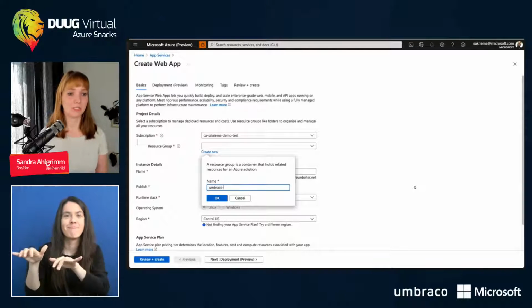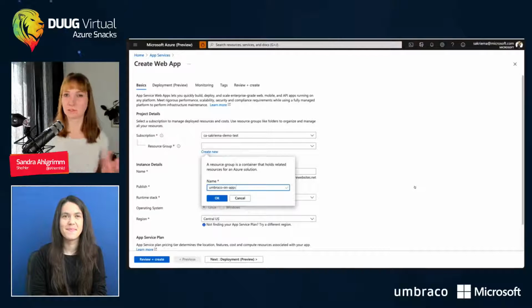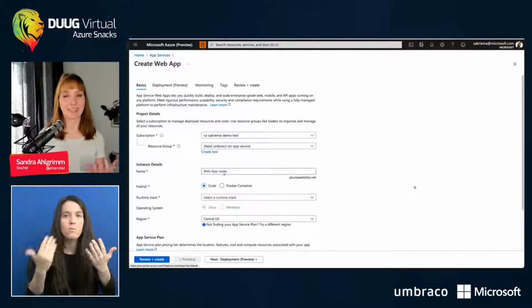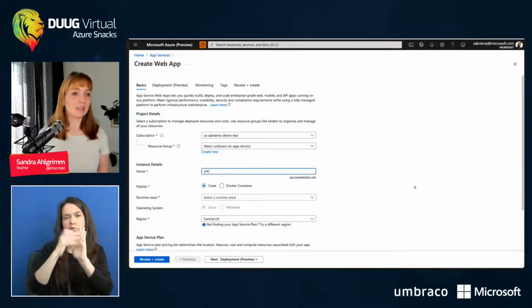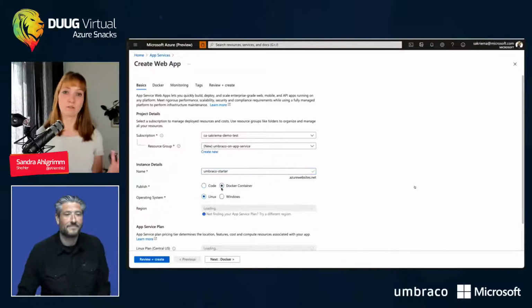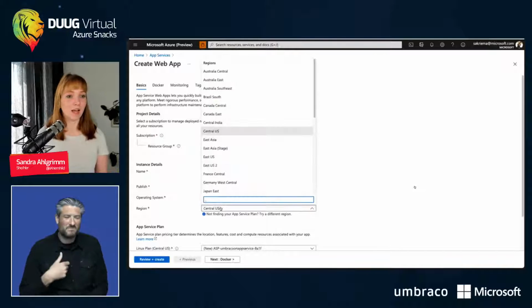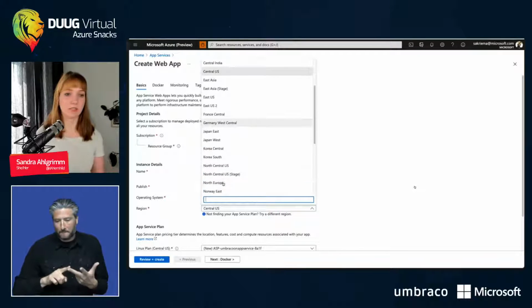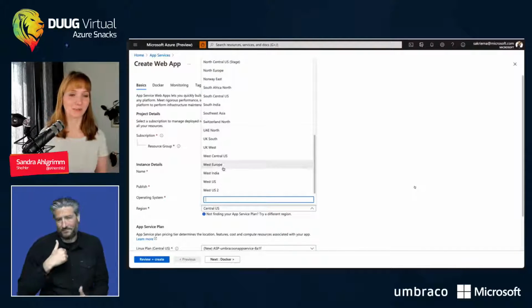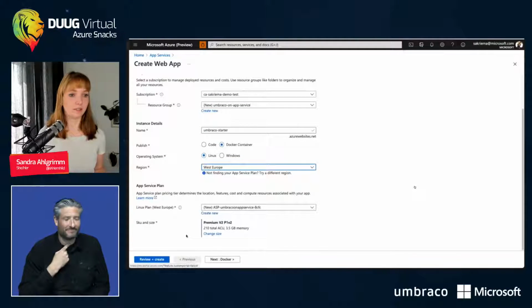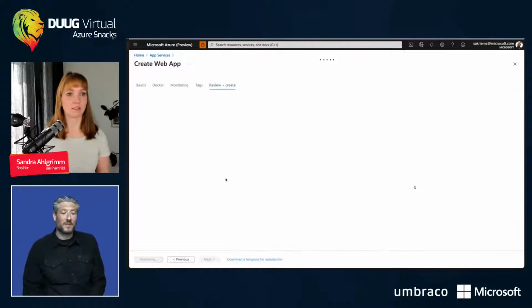Now I create a new resource group for it, because if I try something out and experiment, I always create a new resource group so I can delete it afterwards easily. I specify a name. For me, I want to use Umbraco starter, because I'm starting with Umbraco. I would choose the Docker container for publishing. I choose the region, so maybe Germany West Central, as you can hear from my accent, I'm German, or I'll just go with West Europe. I can choose a Linux plan, which is fine. It's going to be creating a new one for me here.